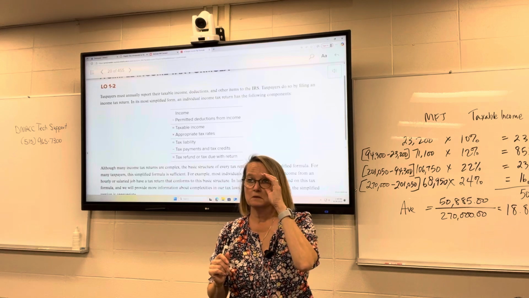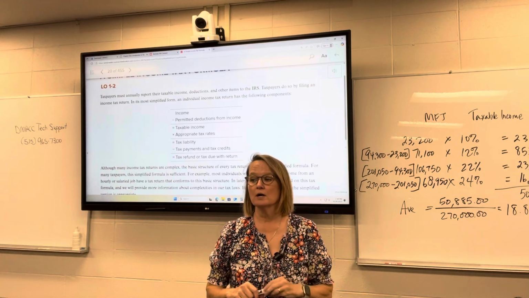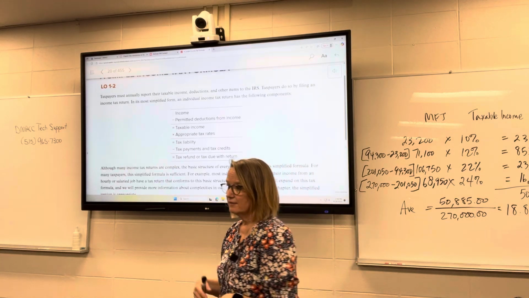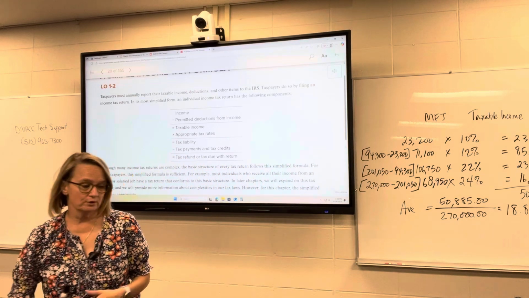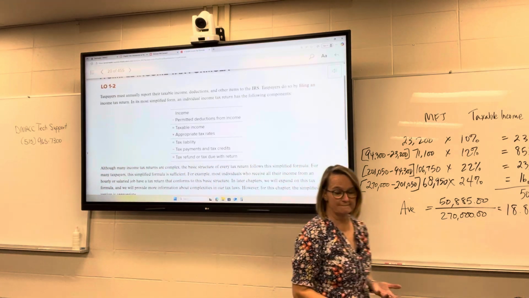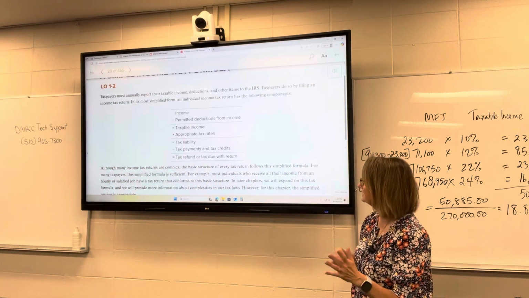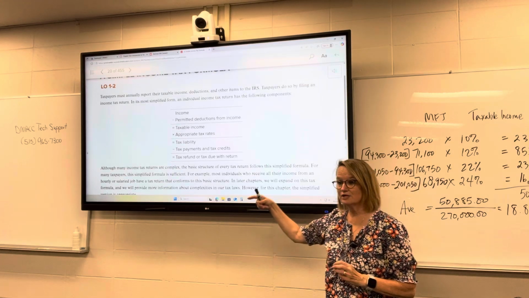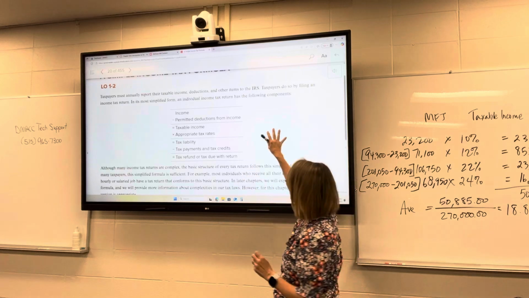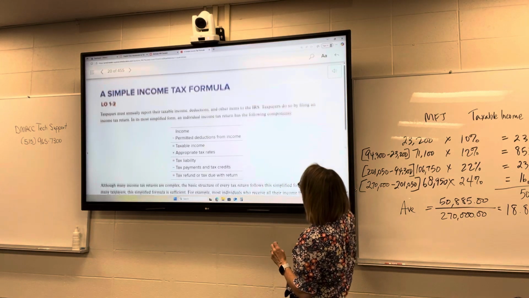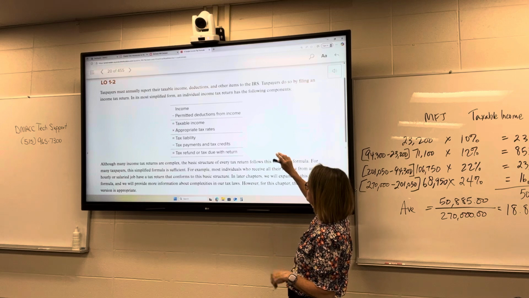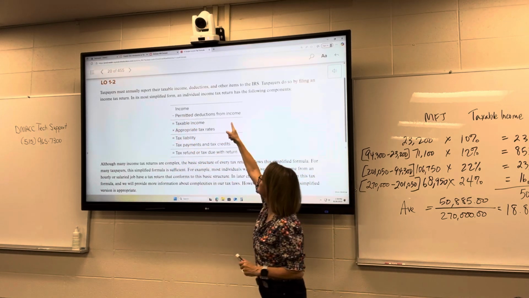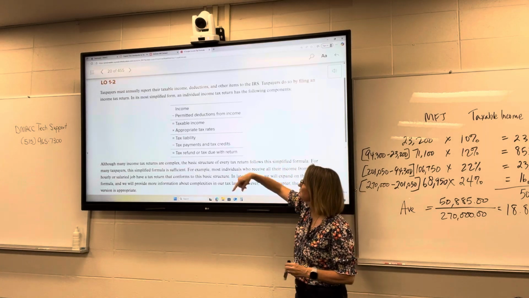In Chapter 4, we're going to start talking about what some of those deductions are from our income. These are all deductions that are allowed per the tax code. Okay, Chapter 5, we also talk about some different types of deductions. So there are a couple of different types of deductions that we're going to talk about. When we get to Chapter 2, we're going to see a more complex tax formula where it will separate out those different deductions. But in general, we start with our income, and then we subtract our permitted deductions to get to our